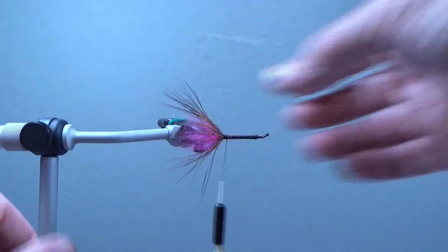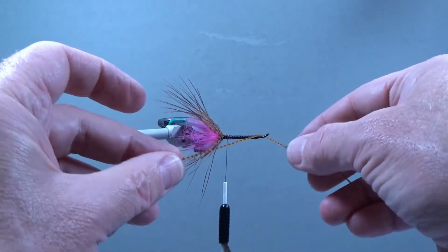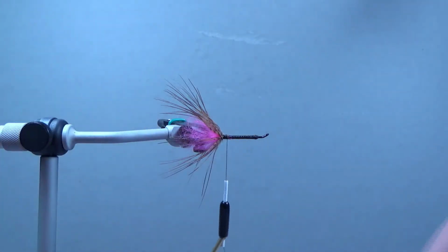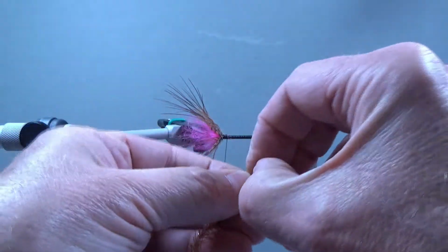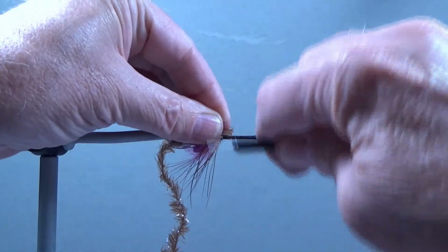Now we actually have two choices on this rubber, on the silly leg. We can tie it in back here, or we can tie it up here. I'm going to choose to tie it up front so that I actually have more length of it. I'll get a lot more action out of it. So I'm going to save that and tie it up front. So I'll take my Estaz, pull just a little bit off the end here. It's a little better tie-in point. Capture that